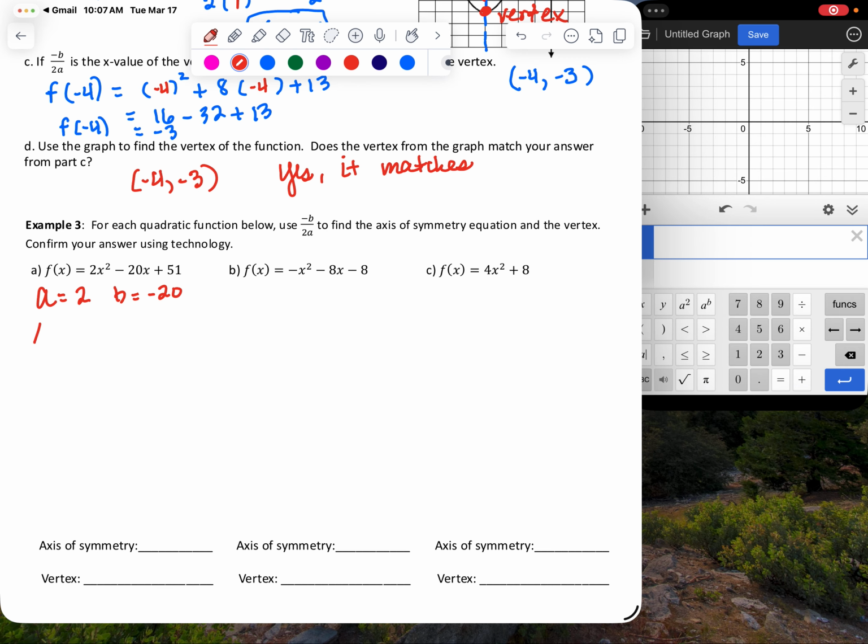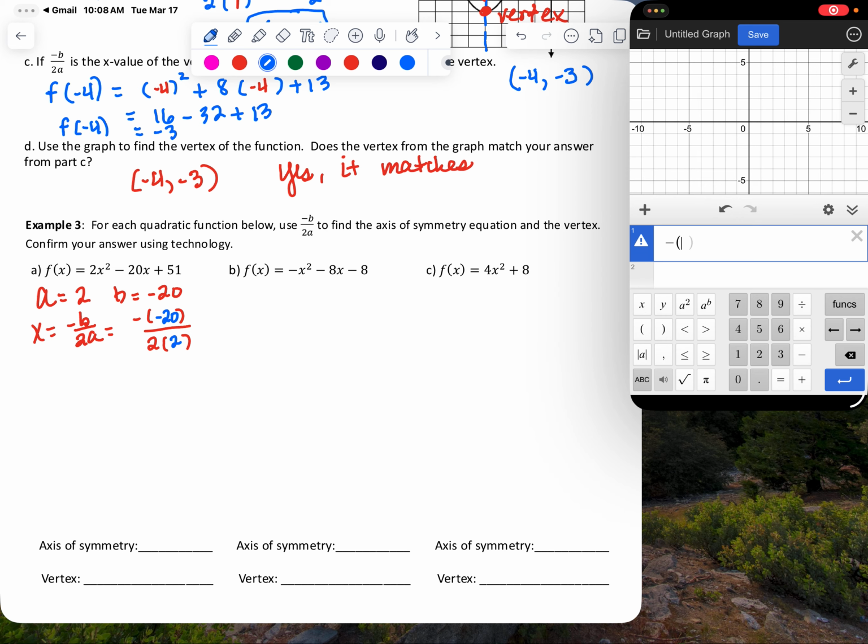So I'm going to use the formula x equals opposite of b divided by 2 times a. I'll replace the variables with parentheses and plug in the values. This was negative 20, and a was positive 2. Now, you can evaluate that on your calculator if you want to. The way you evaluate this on the calculator, you'd say negative 20 divided by 2 times 2. And that gives us positive